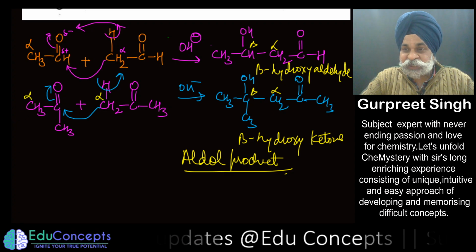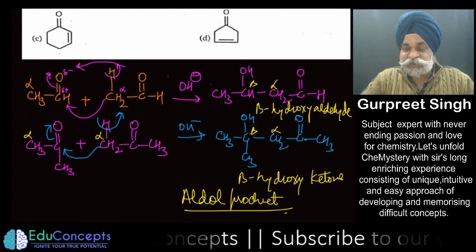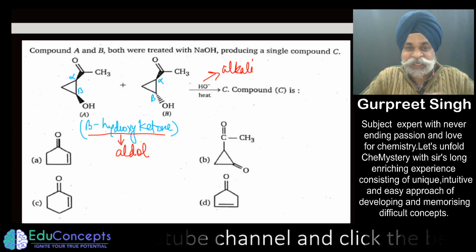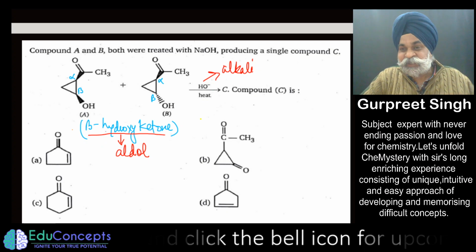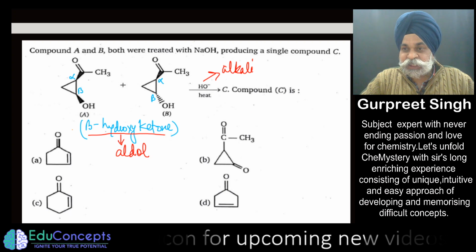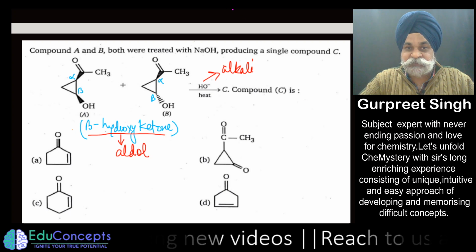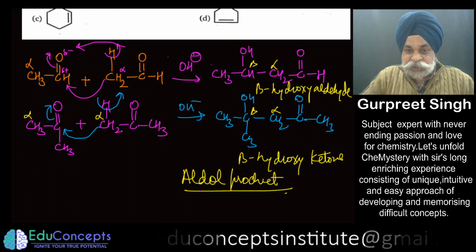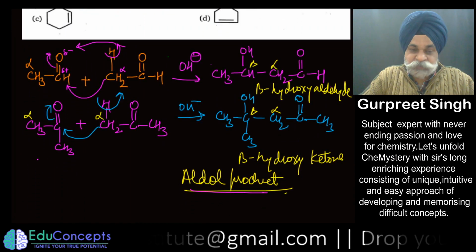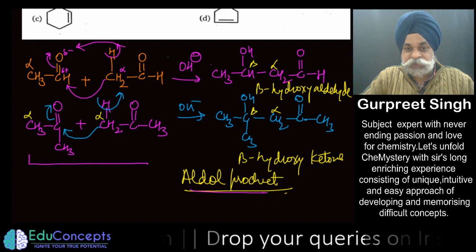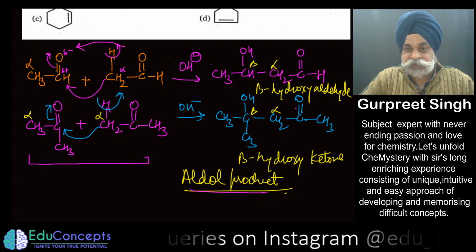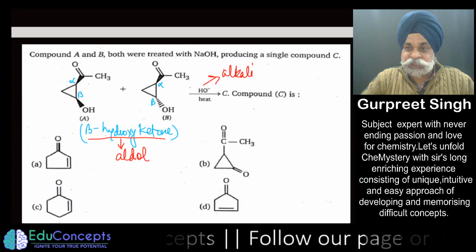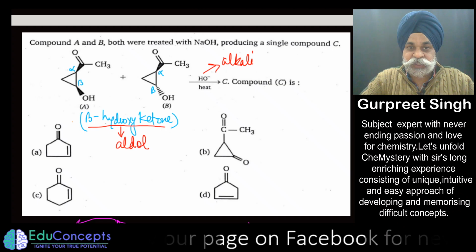Now the good part of the story is in this question they have already given us beta hydroxy ketone, so they already gave us the aldol product. So what we conventionally do is that we are being given one of the products. Now see here, this is an aldol product which is to be made from a starting material that would be either an aldehyde or a ketone having alpha hydrogen. So now we have to think a little in depth that in the question this is how it is to be done.